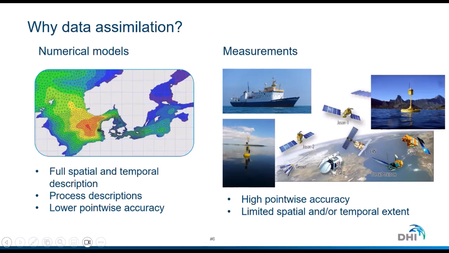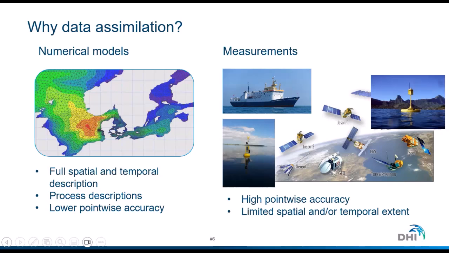Models also have the advantage that they not only describe the environmental status, they also describe the processes that lead to the status. But the downside of the model is the lower point-wise accuracy, because the model only describes the processes that we have built into the models via the algorithms. And some of these algorithms are approximated.